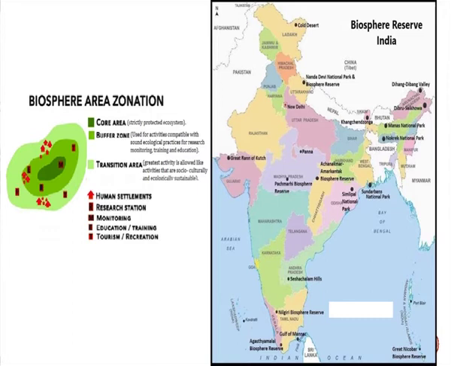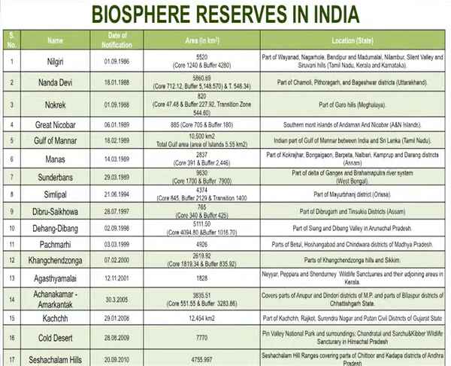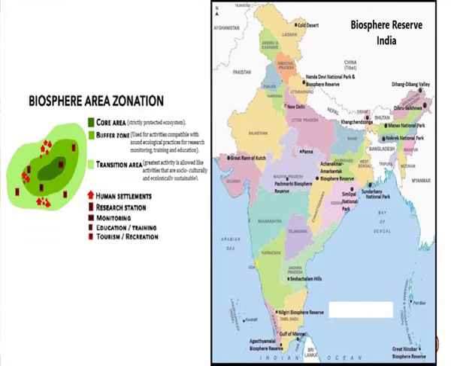The Government of India has established 18 biosphere reserves in the country, which are related to the IUCN Category 5 protected area. Here I have given a list of the Biosphere Reserves which I will discuss, but first we need to understand the salient features of these Biosphere Reserves. They comprise terrestrial, marine as well as coastal ecosystems. People are an integral component of this system. Their status is internationally recognized and ecosystem oriented.